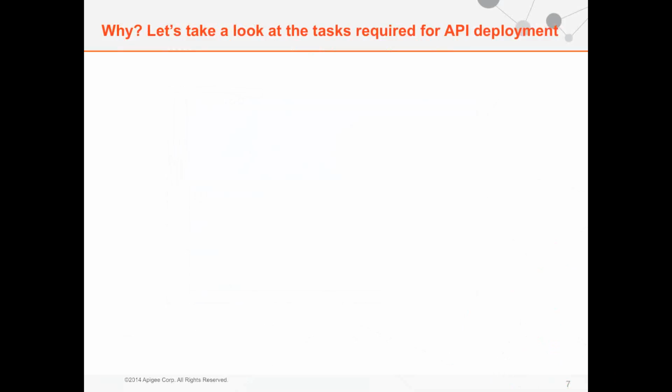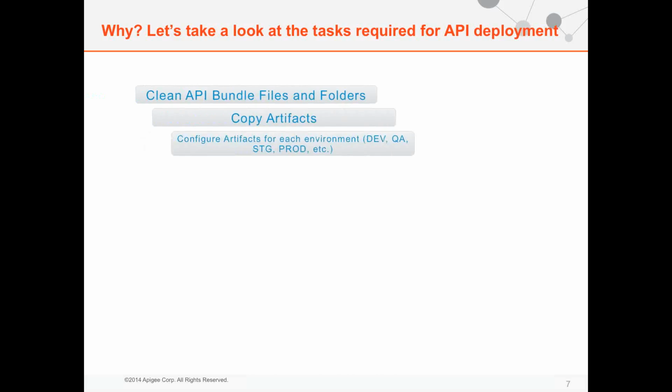If we take a look at the tasks that are required for API deployment, the steps required before code gets shipped into an environment, be it development, QA, staging, or production, it needs to go through a build process which executes the following tasks. You have to clean API bundles, the files and folders. You have to copy the artifacts. You have to configure the artifacts for each environment, development, QA, staging, production, or many others that you have. Then you have to package those artifacts,